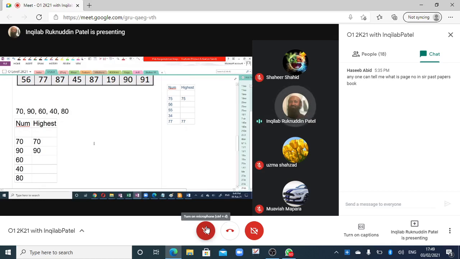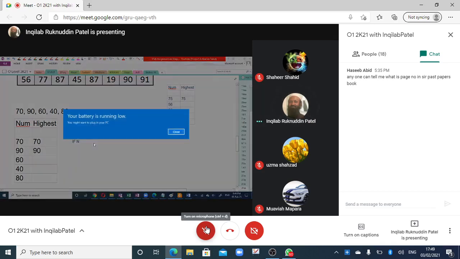So what I have done, I have input a number and I have checked whether the number is greater than the current highest number.